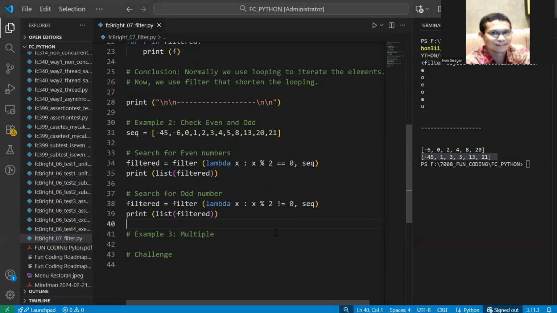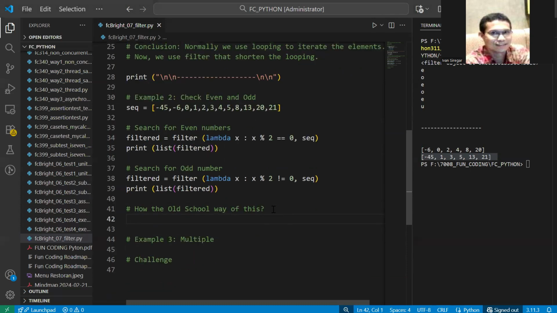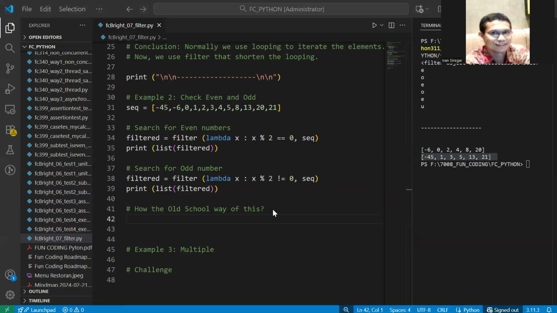So this is very short actually. And how is the old school way? Let us show how the old school way of doing this. For the old way, of course we have the genap, like this, and then you have the ganjil. Okay, you have two lists here.